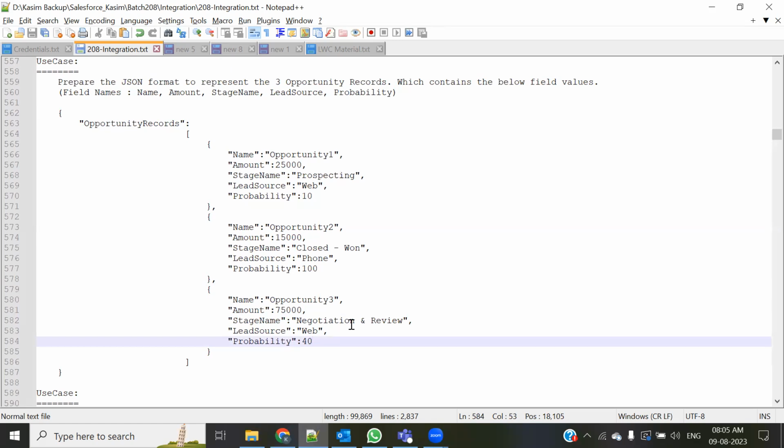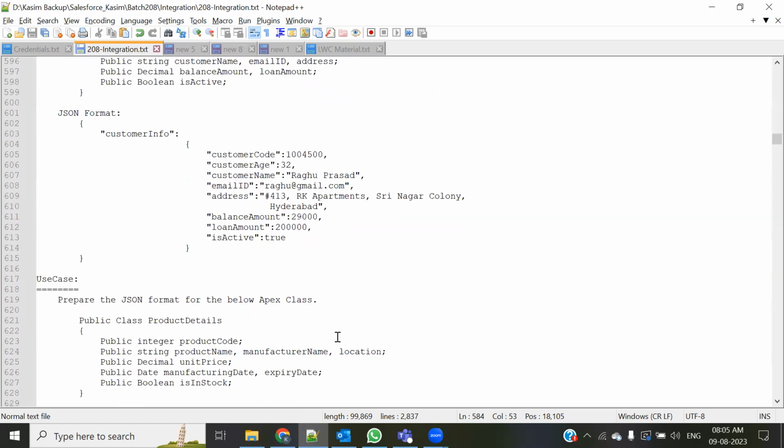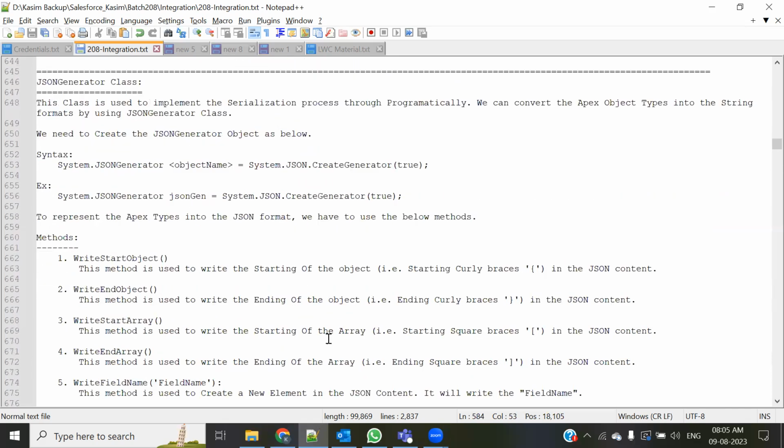आंसर है क्लास तो लिखनी है ऑफ कोर्स, लेकिन आंसर है यस, हमारे पास एपेक्स में एक रेडीमेड क्लास अवेलेबल होती है जिसका नाम है जेसन जनरेटर क्लास। एपेक्स प्रोग्रामिंग काफी हद तक रेडीमेड प्रोग्रामिंग है। जावा में ऐसा नहीं होता था।